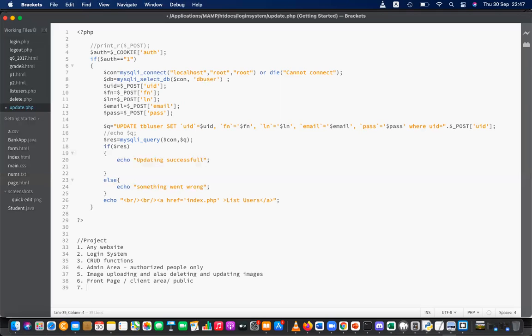So 7th, front area content needs to be updated by using the admin area. I think you can remember WordPress or cPanel. Whatever we do in the back will be reflected in the front. In the front you cannot see anything else. The front is like Facebook or some website, but in the back end you have to do things. Whatever you do will be updated in the front end.